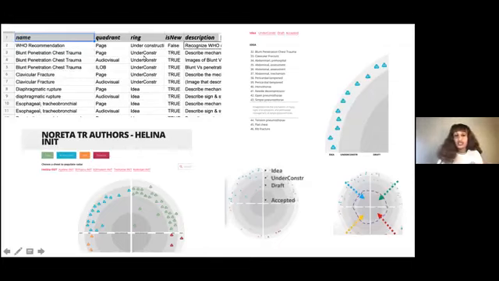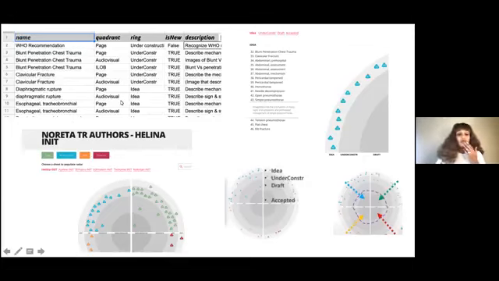And if the work is already started, we put under construction. If the work comes to draft stage, we put draft. And finally, if the work is well done into the publication, we put accepted. And this one is a column for description. It briefly describes what is going to be done specifically for the title.